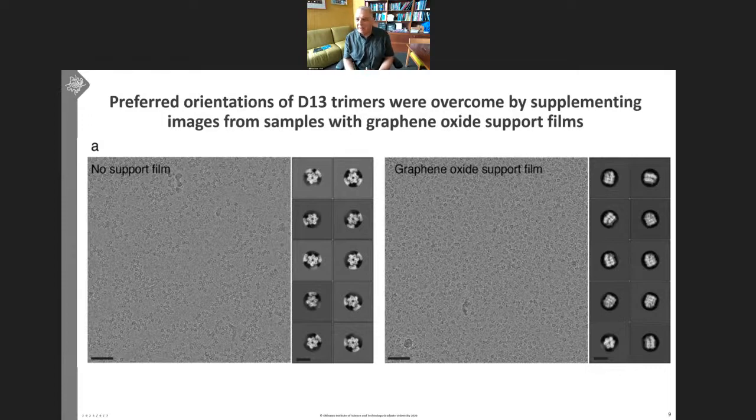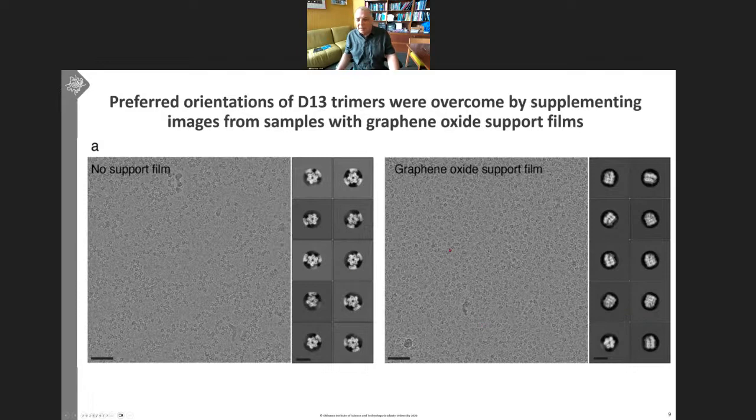So ultimately, Dr. Jae Kyung overcame this problem by using a graphene oxide support film. And you see this on the right side. The graphene oxide is a very thin film that is layered on top of the holey carbon film that we usually use for cryo-EM, and it adds almost no background, but it adds the fact that the protein can lie down on it, and they like to lie sideways on it, it turns out. So this way we got many side views, as you can see here, and then also some oblique intermediate views and occasionally some top views.